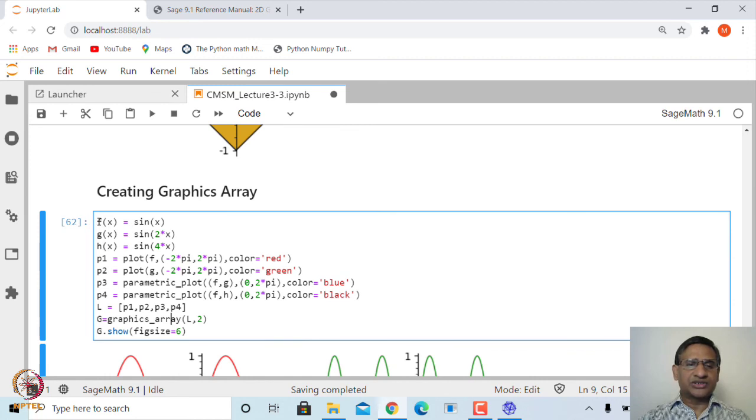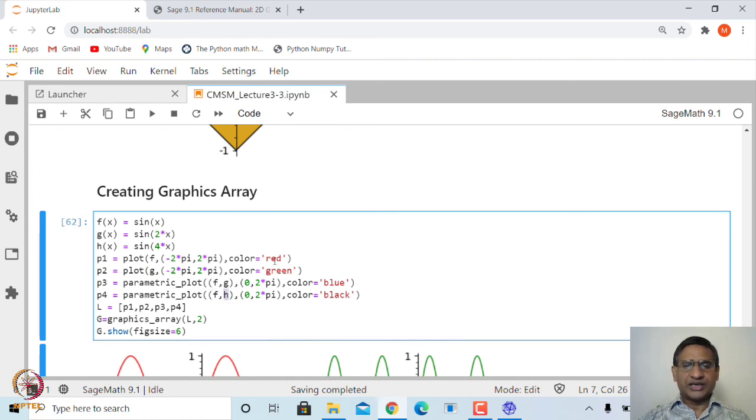So, here we are taking a function f x is equal to sin x, g x equal to sin 2x, and h x equal to sin 4x, and the first one p1 is graph of sin x, the second one is graph of sin 2x, and the third one is actually a parametric plot whose first coordinate is sin x, second coordinate is sin 2x, and the fourth one is again a parametric plot whose first coordinate is sin x and second coordinate is sin 4x.